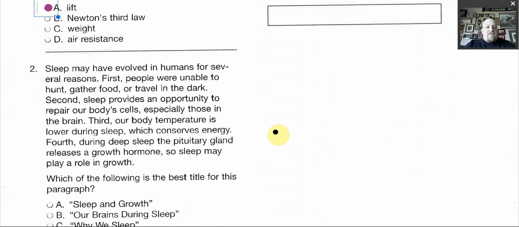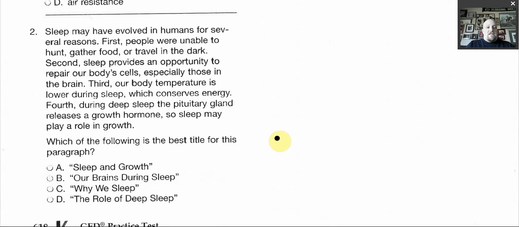Sleep may have evolved in humans for several reasons. First, people were unable to hunt or gather food. So I'm going to put a mark right there because it says first. Second, sleep provides an opportunity to repair our body's cells. Third, our body temperature is lower during sleep, which conserves energy. And fourth, during sleep, the pituitary gland releases a growth hormone, so sleep may play a role in